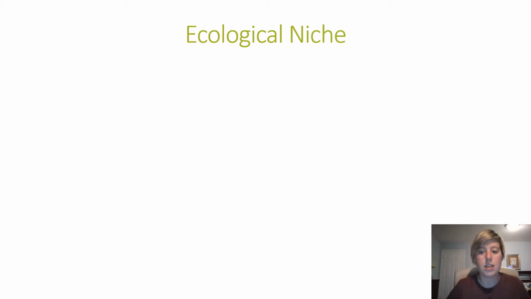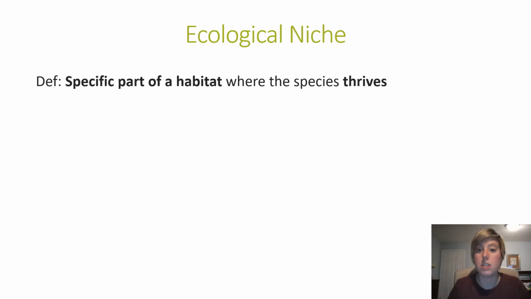Now, ecological niche is the specific part in the habitat that the species occupies, because when we're talking about any habitat in general, if you just go outside, you see that there's multiple species, but within the habitat itself the species have specific roles. So the ecological niche is encompassing the specific roles of the species, when that species is active, what type of food the species consumes. All of those are encompassed in the concept of the species ecological niche. And it's really where the species thrives.